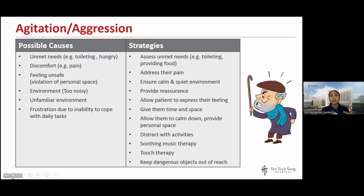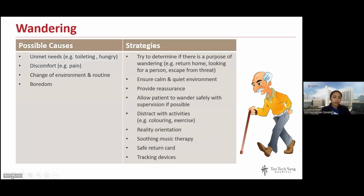And then when they are having this type of behavior like agitation, try to keep dangerous objects out of reach. Okay, so for wandering behavior, you can try to determine what is the purpose of wandering. Why are they wandering? Is it they want to go home? Is it they are looking for a specific person? And then if they really insist on wandering, you can allow them to wander safely with supervision